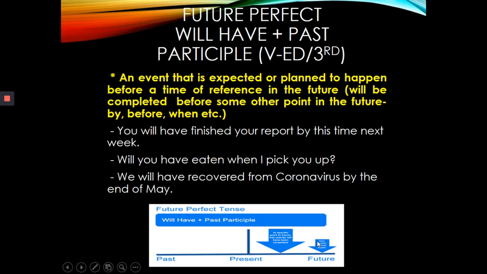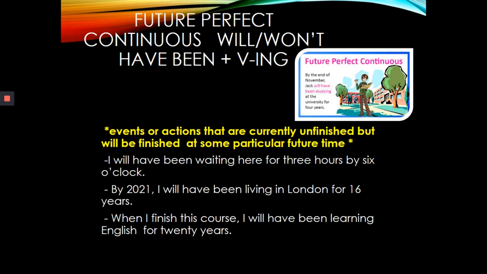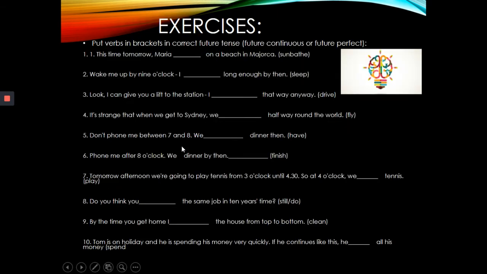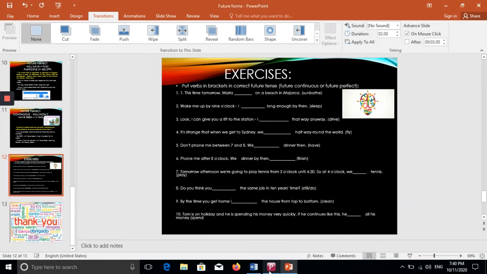Okay? Future perfect continuous, will or would plus have been plus verb with ing adding. It's used for describing events or actions that are currently unfinished, but will be finished at some particular future time. You see here by 6 o'clock, by 2021. Okay? And before we go to our homework, let's open your students' books, page 42, and let's do together